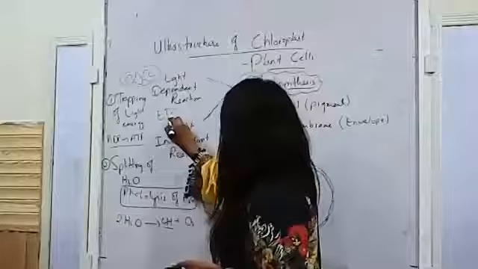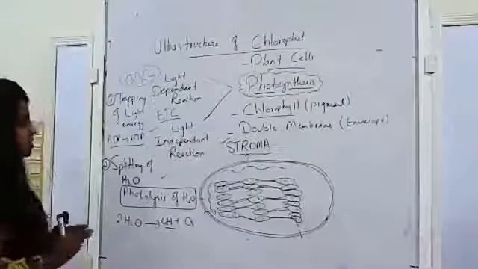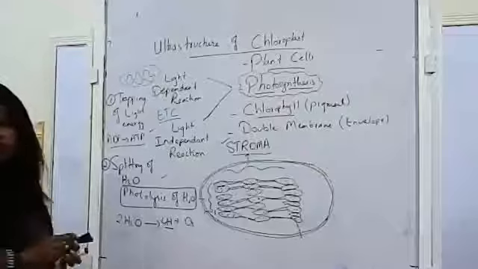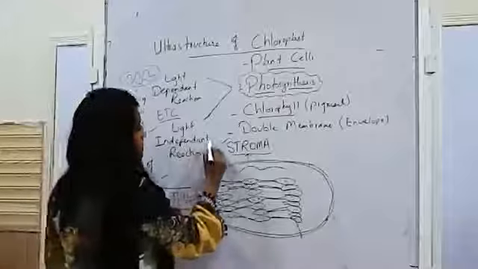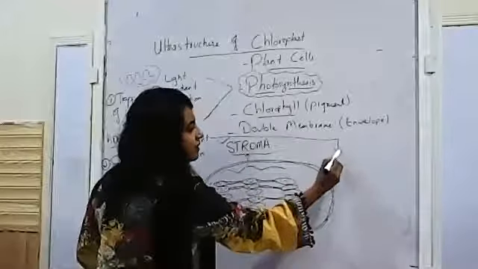So this was all about the two processes of the light dependent reaction, right? Now, in the case of light independent reaction, what happens? In the case of light independent reaction, this hydrogen that is released in the photolysis of water is going to convert carbon dioxide into the molecule of glucose, right? I'm writing it down on that side. I'm making an arrow for you to understand the light independent reaction.